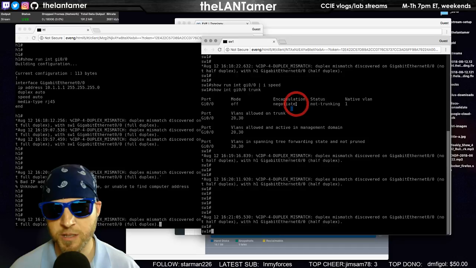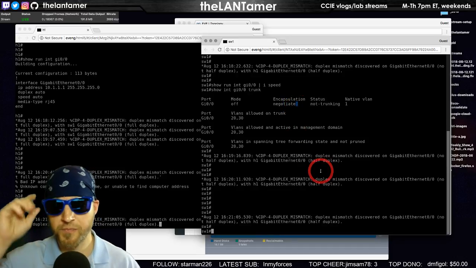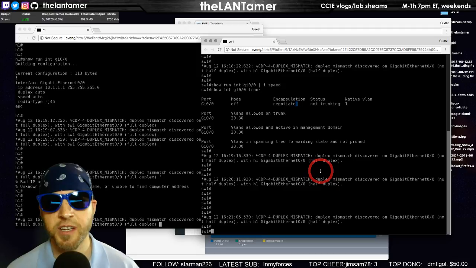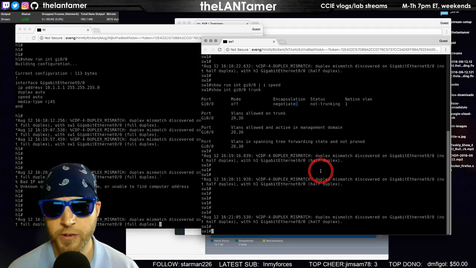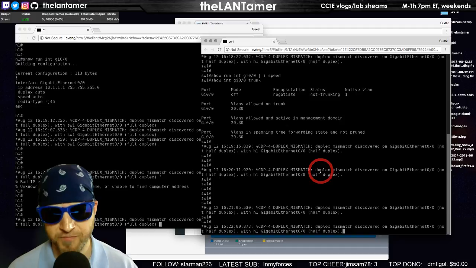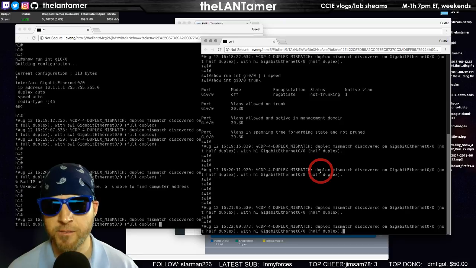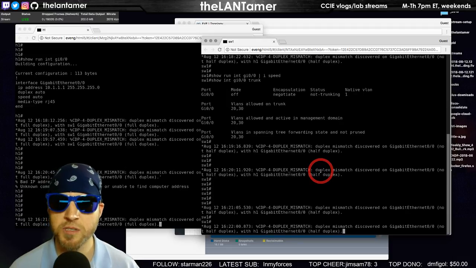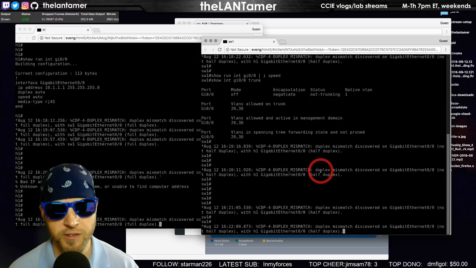Now, encapsulation, what are we talking about? We're talking about negotiating the trunk type, the protocol used on a trunk port. And as many know, that is done by a protocol called DTP, Dynamic Trunking Protocol. In particular on Cisco switches, because Cisco had the proprietary ISL, Inter-Switch Link Protocol, and then they now use, of course, 802.1q, which is a standard trunking protocol.